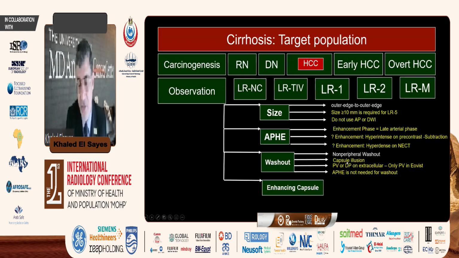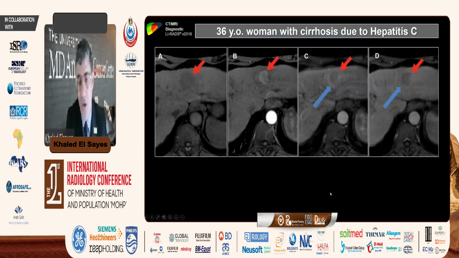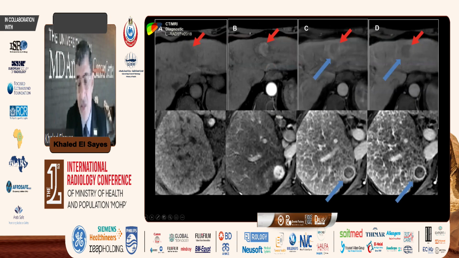And the last thing, but not least, is enhancing capsule. What is this enhancing capsule? You still see a peripheral hyperenhancement here in the portal venous and the delayed phase, okay? But you see it early on also in the arterial phase. That's a difference between enhancing capsule and what's called corona enhancement. Corona enhancement is one of the ancillary features for malignancy, right? Not a major feature like the enhancing capsule. That's why it's very important to differentiate.